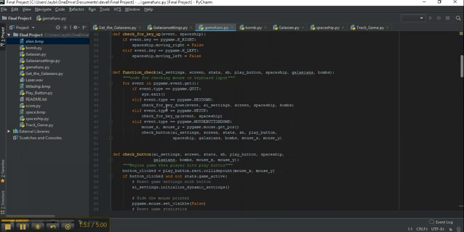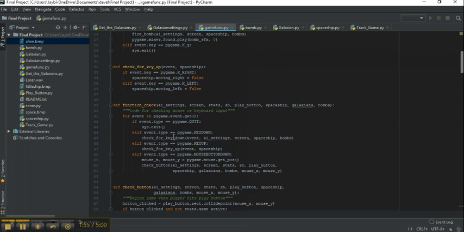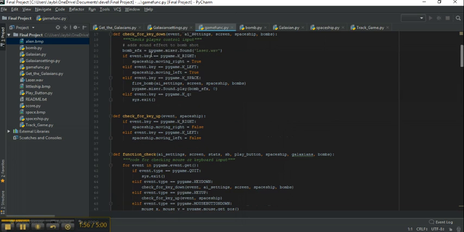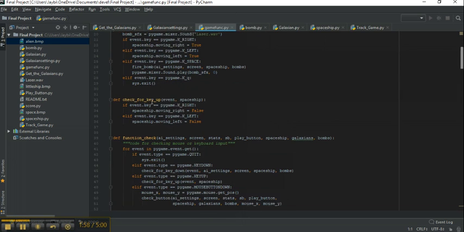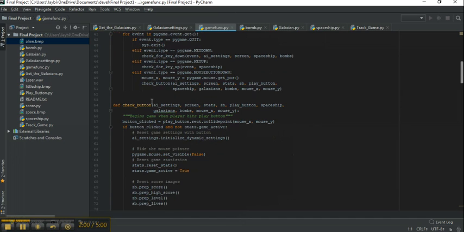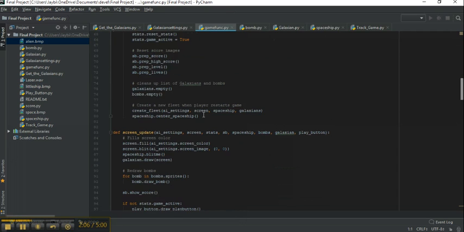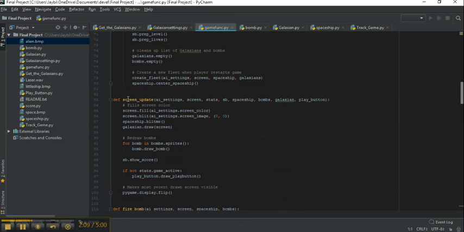Function check is going to basically check for these other functions to see if they're happening. There's one for the button that actually initiates you to be able to play the game. Screen update basically manages the background image that's drawn on the screen, and also anytime the bombs are fired